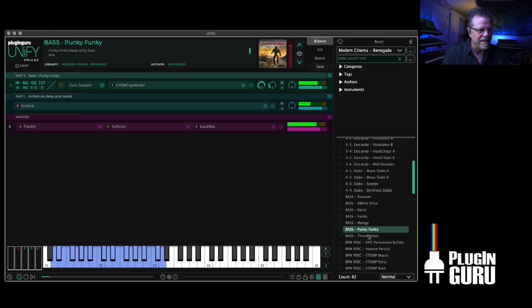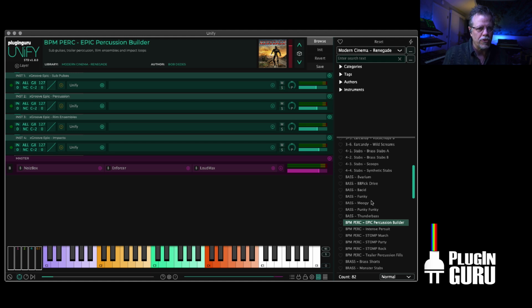And then Thunder Bass is bass and slide effects. Stuff like that's there. Then we get to the BPM stuff. This is taking the percussion maps that I showed you earlier, using MIDI box to do all sorts of fun